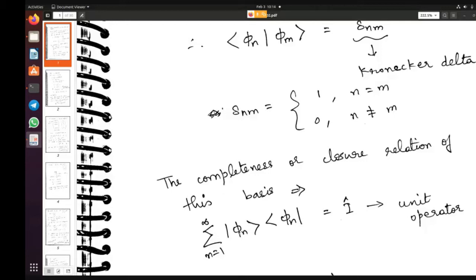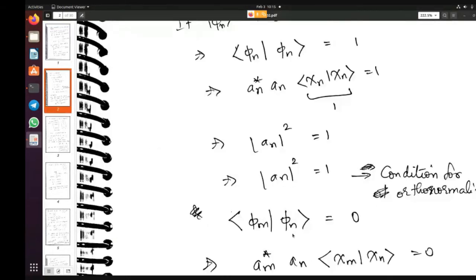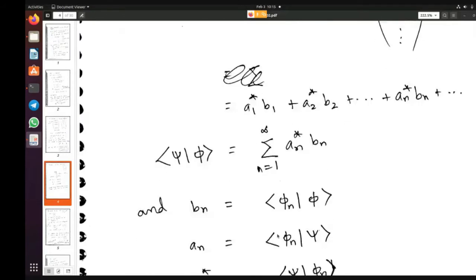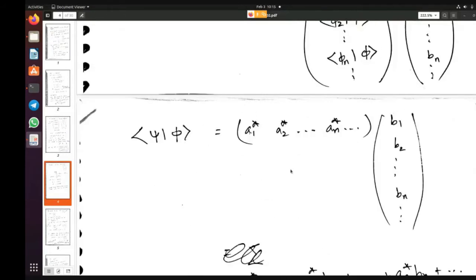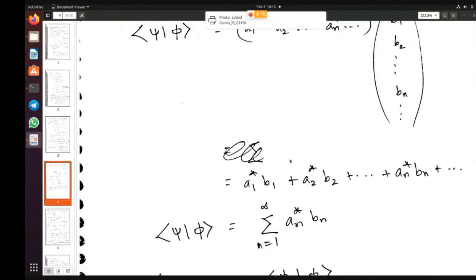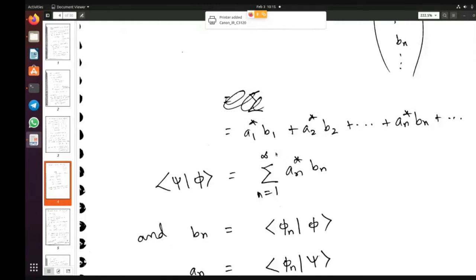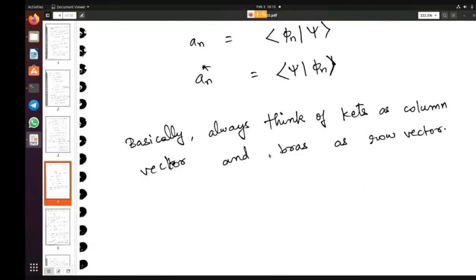When you multiply a column vector with a row vector, you are going to get a square matrix, because here the columns and rows have the same dimensions. So you get a square matrix, and that becomes an operator. But when you take any scalar product, you get a particular number. So it is not an operator, it just becomes a number. This is something you need to remember, and when you do problems, you will understand more.